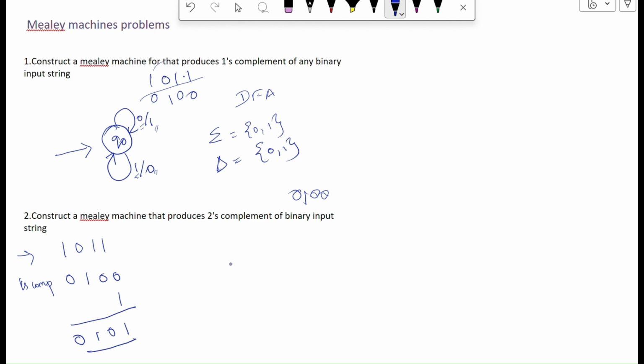Okay, and we'll take one more example, 1, 0, 1, 0, 0. So this is the given input string. Its ones complement is 0, 1, 0, 1, 1. So when you add 1 to it, it is